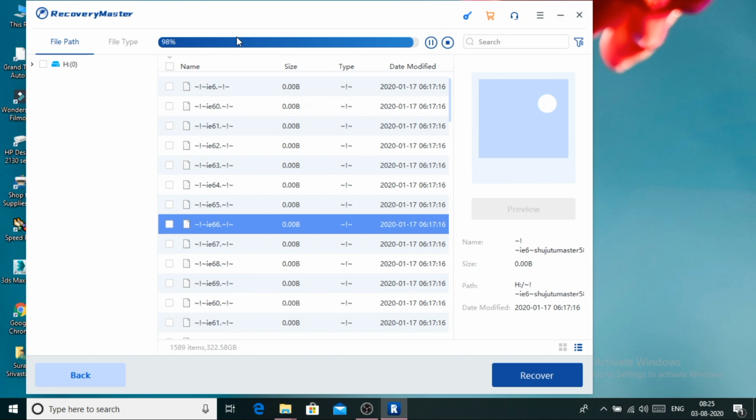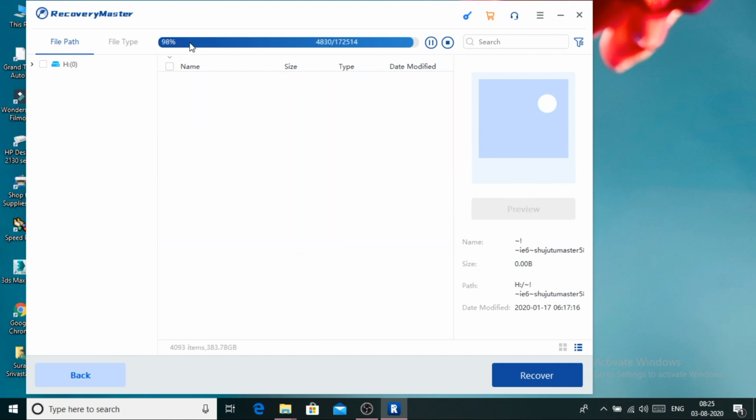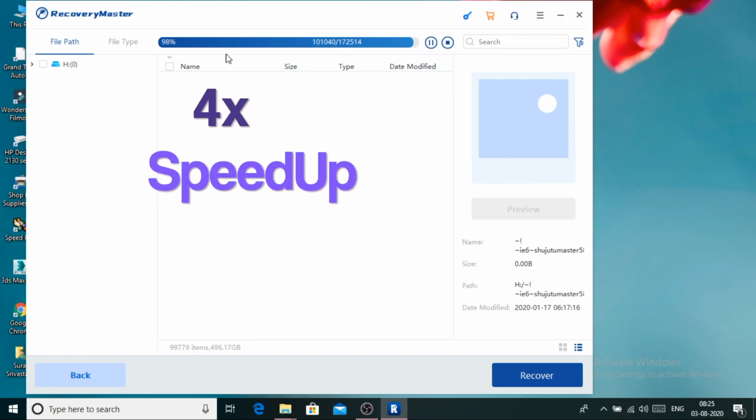The process is very simple. Just download and install this software, select the storage device that you want to use for the recovery process, and after that it will start the scan and then show all the files which are available. Then select any file and click on recover. You can see it has already scanned this many files, and right now it's set up to scan 1,72,515 files. Let it complete so that I can go ahead.